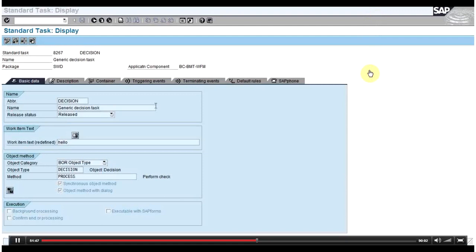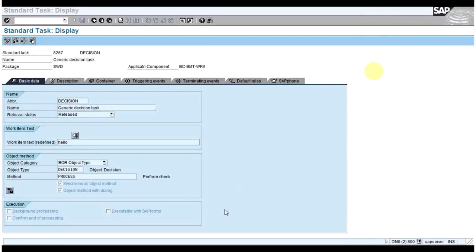This work item ID instance is unique. So this particular instance is sent to 5 users because you have defined the number of agents as 5. Whenever one user ID out of those 5 takes the action on that work item, that work item disappears from the others' inbox.